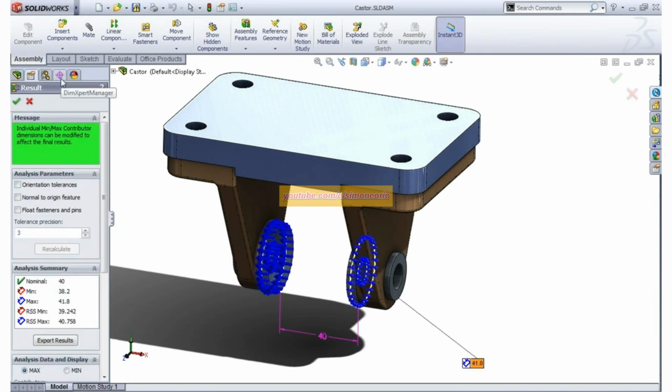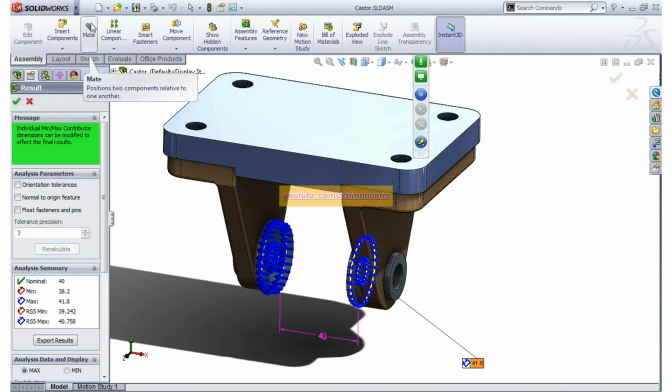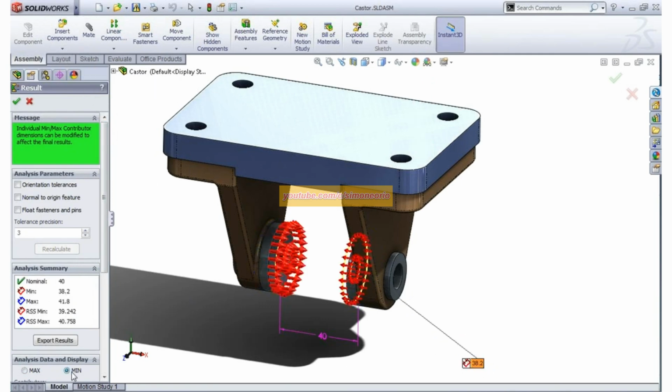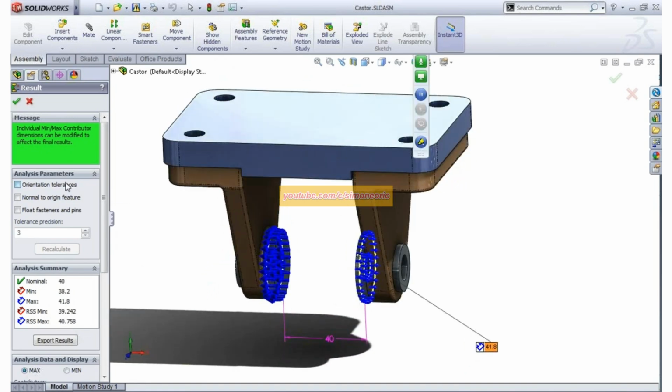You'll notice in assembly mode the DimXpert Manager becomes a tolerance analyst results manager. And I can show what the min and max are. Min 38.2, max 48.1. I can even tell it to include my orientation tolerances, which would give me a different result.